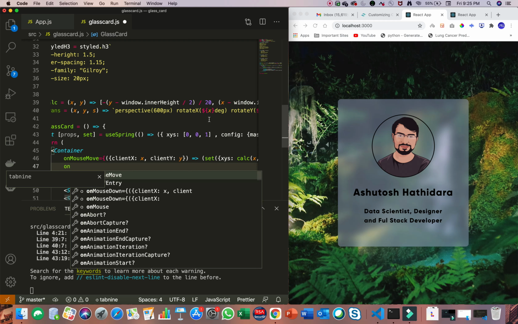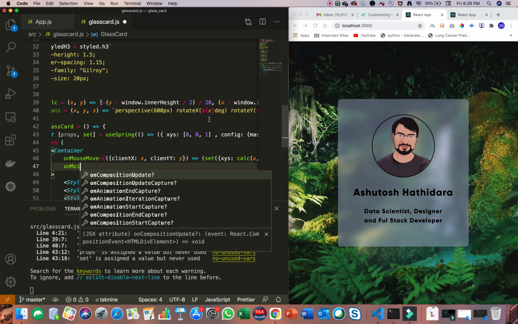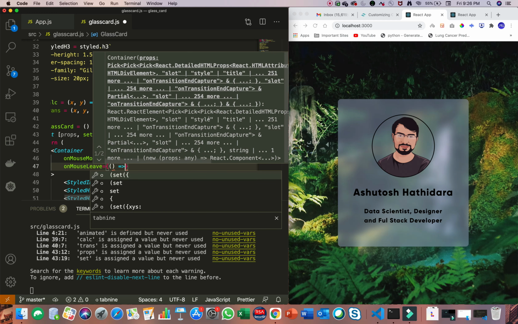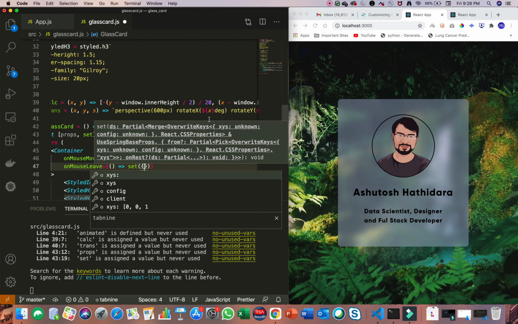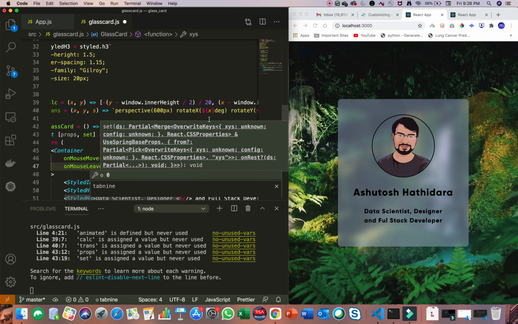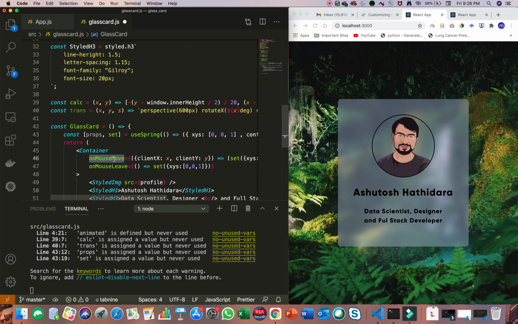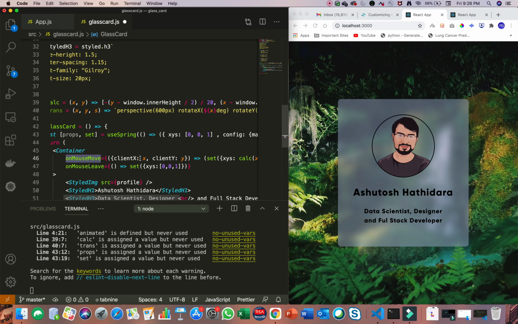The second parameter would be on mouse leave. For this we will not get any parameter, but we are going to set our x, y, s element to default, and default is 0, 0, 1. So when the mouse cursor moves onto our card, we are going to get the x and y coordinate of that particular point where our mouse cursor is.